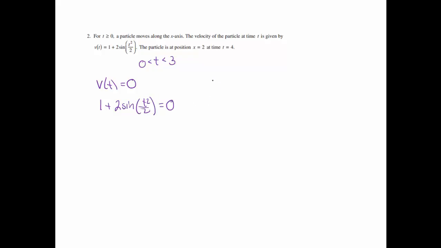0. This is a calculator problem, so I went ahead and plugged this in my calculator. I changed my window to go from 0 to 3 just so it's easier to look at. When I did that, I got a picture that looks something like that. So I then used the 0 feature of my calculator to get that 0, and that 0 occurred at t equals 2.707. And then to make sure that it changes direction, we are going to do a velocity chart. Before I get to 2.707, I notice by looking at the velocity picture that my velocities are positive, and after 2.707, my velocities are negative. So in fact, the particle does change direction at t equals